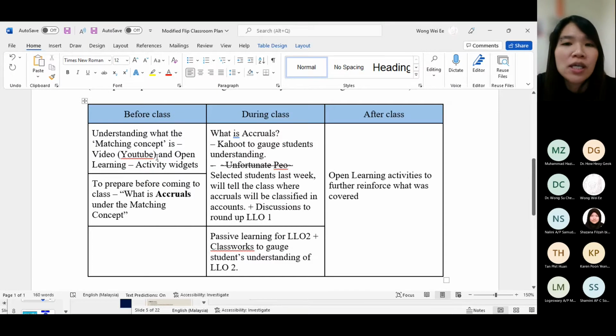It's a platform where you can set questions, for example after they listen to the first concept, and at that minute you can set a true or false question, an MCQ, or fill in the blanks, so that you can track the statistics.